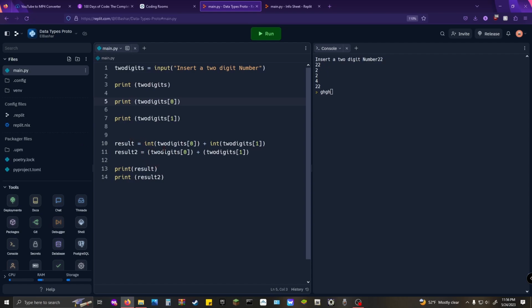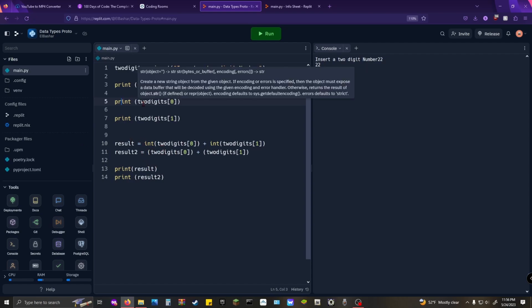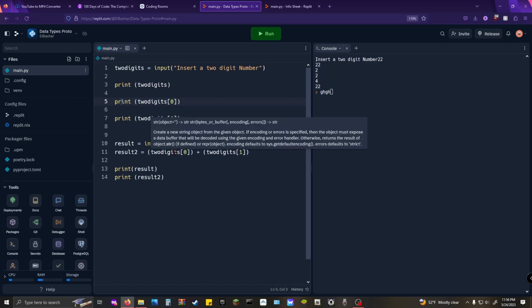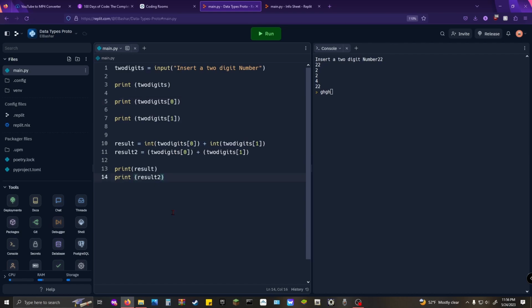Result equals int, as an integer, which is a number. An integer is a number, and a float is a decimal, right? Even though in mathematics those are two different concepts, here it's a rather similar idea. So what's happening over here, all right,